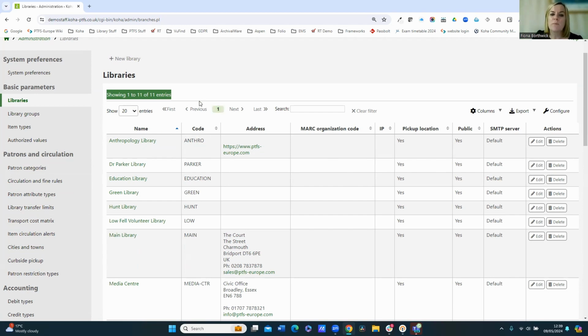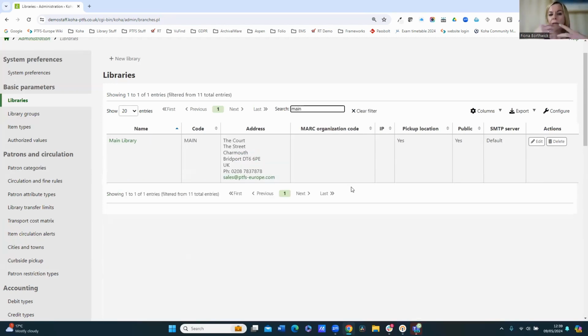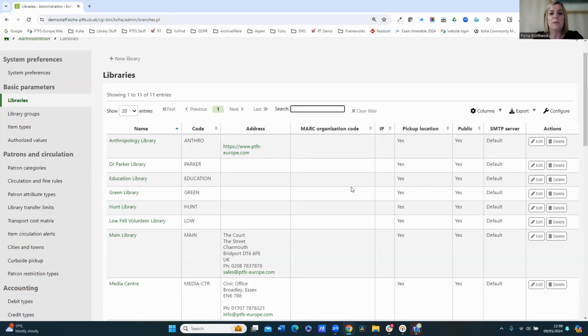Now, if there's more than one page, you can toggle between the pages, and everything is searchable within a table as well. So if I was looking specifically for main, I could search there and it limits that search for me. Obviously, I can see everything on one page, but when I've got multiple pages, that can be quite